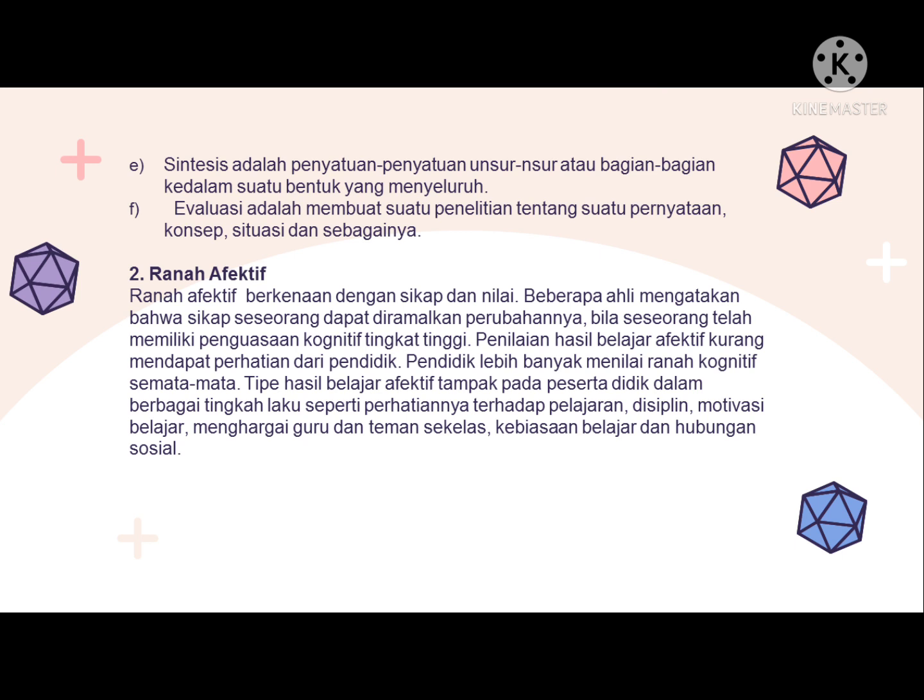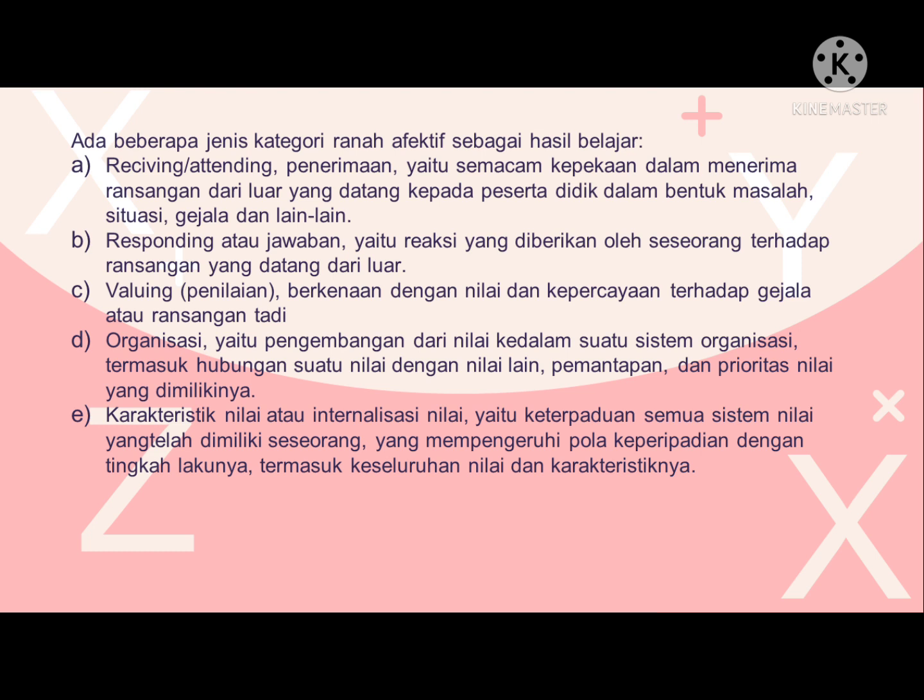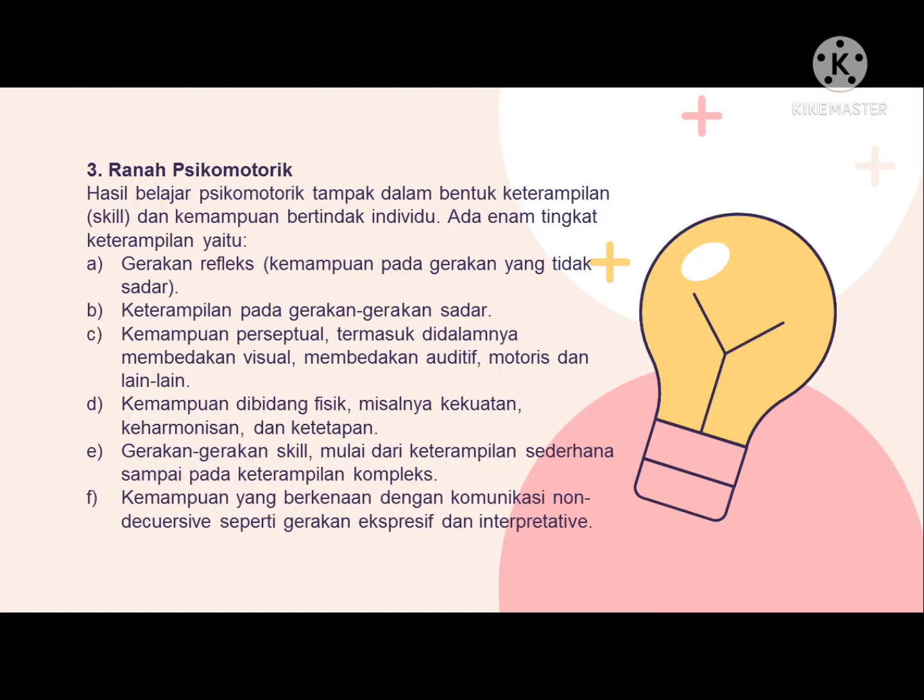The type of affective learning outcomes appear in learners in a variety of behavior, such as attention to listen, discipline, motivation to learn, respect for teachers and classmates, learning habits, and social relationships. There are several types of affective categories as a result of learning. Number three is psychomotor learning. Psychomotor learning results appear in the form of individual skills